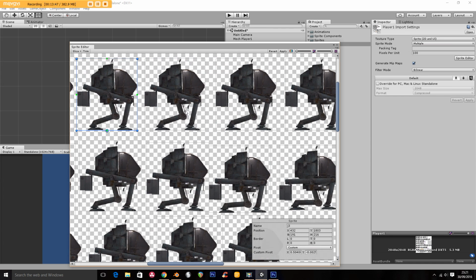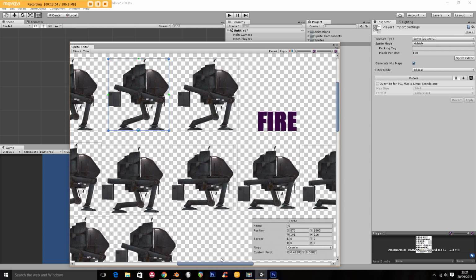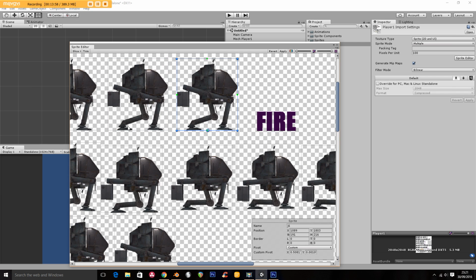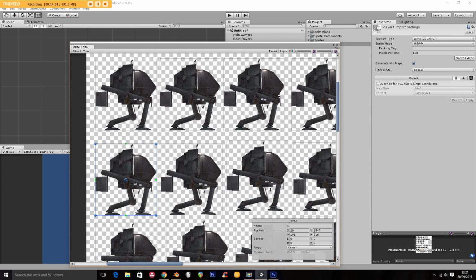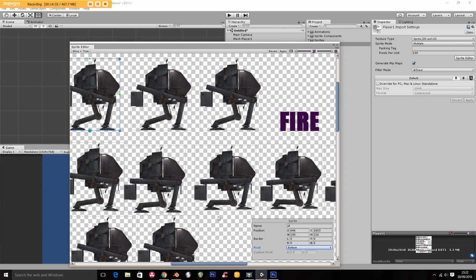And while it doesn't matter a huge amount for fire or for our walk cycle, because this is getting smaller, this will alleviate our problem. Now there's another way to do this. You can actually, so pivot, I can go bottom, and that way it's more accurate. So as I said, it's slightly time consuming, but I hope you can see from the compression I was getting in the other sprite